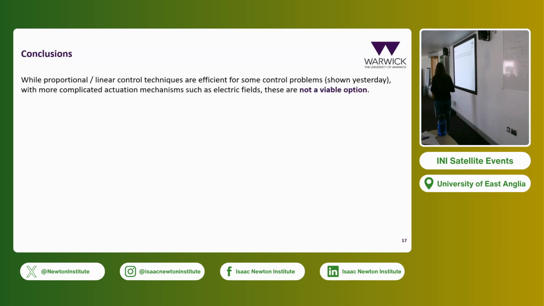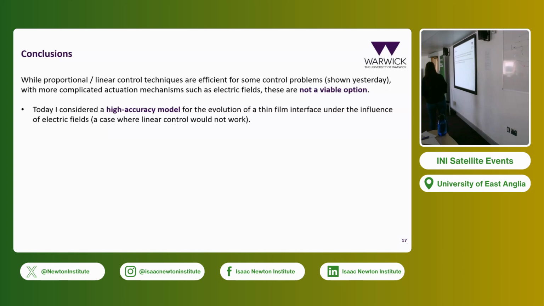So just to conclude on this part, we spent a lot of time, and I spent the best part of the last 10 years looking at linear control. And linear control is really good, and it works, as we showed, hopefully. I think if we convince you of anything, it is that linear control works for cases where you don't even think it will. It is really good, but sometimes it's not a viable option. In this case, I don't think we would have been able to control this problem using just proportional controls like we were using yesterday. But then what we can do is, okay, we have a very good model,